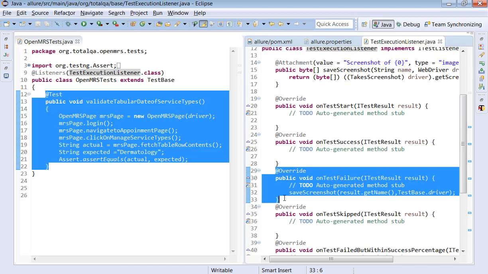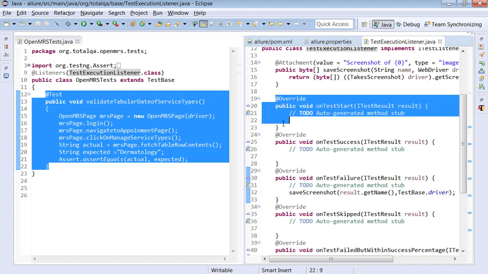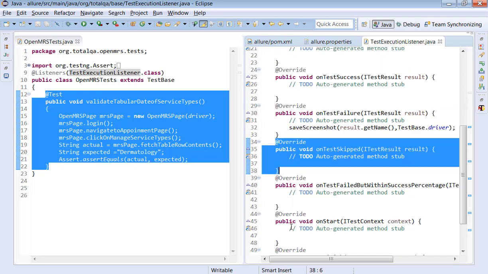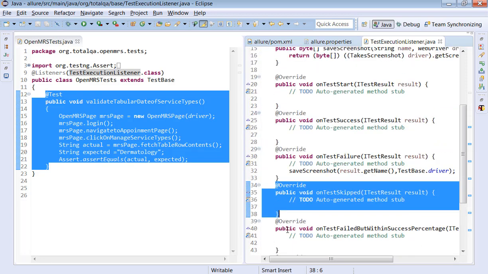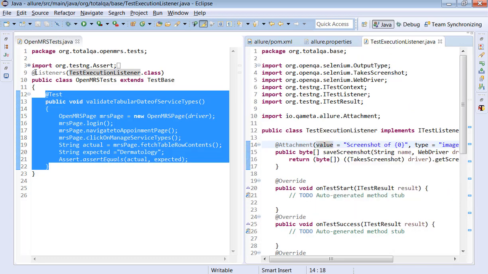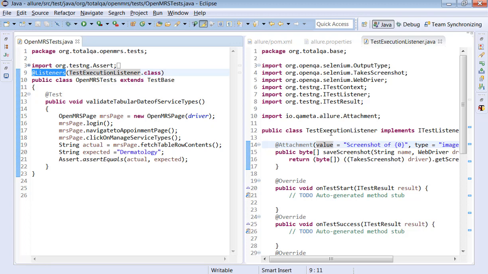For example, if you are starting the execution of the test case, this will be invoked, or if skipped, this will be invoked, or any other information related to the test case, the associated method will be executed when you put @Listeners and TestExecutionListener.